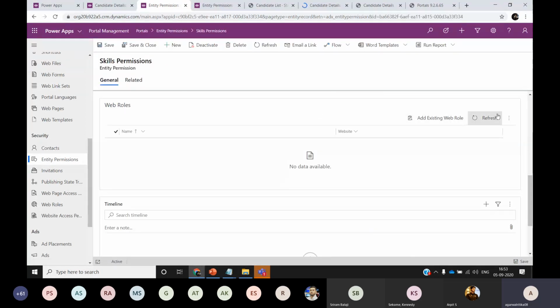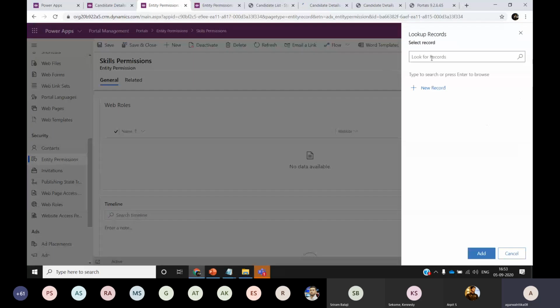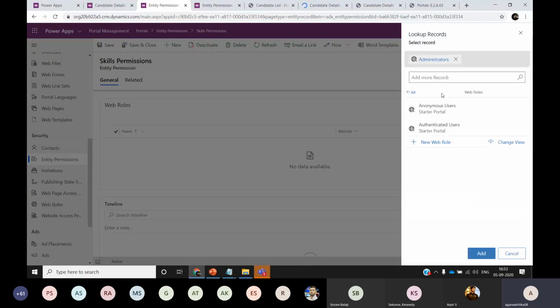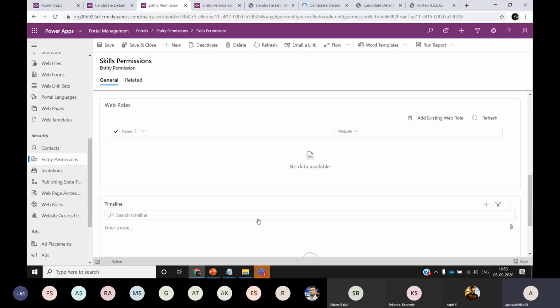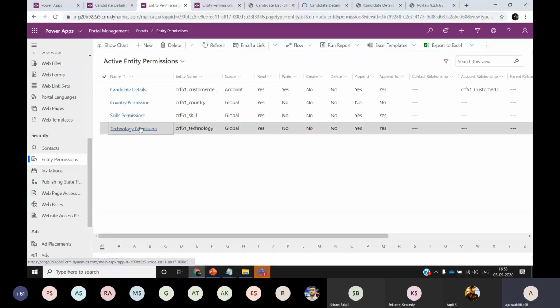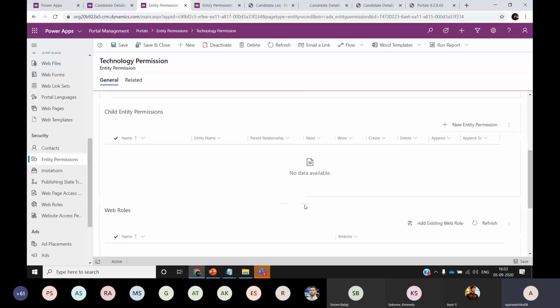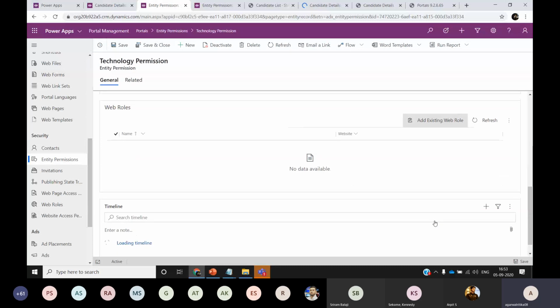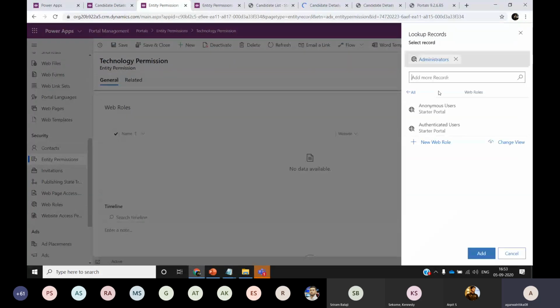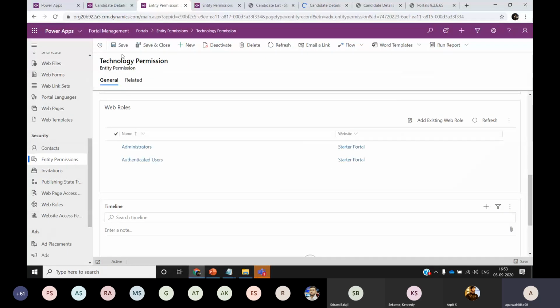And I need to assign web roles to both of these, so I'll select the web roles as admin and authenticated users. So for skills it's added, but let's go and add it for the technology permission as well. Reader, authenticated users. So my permissions are all added.